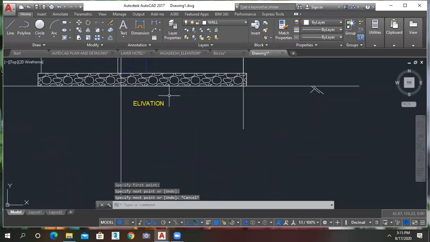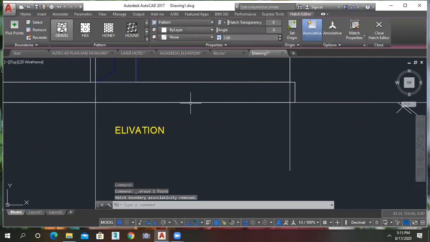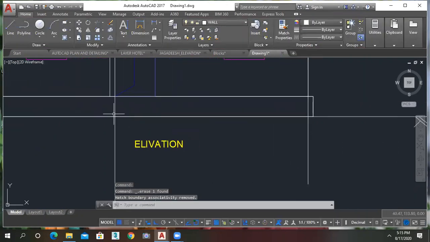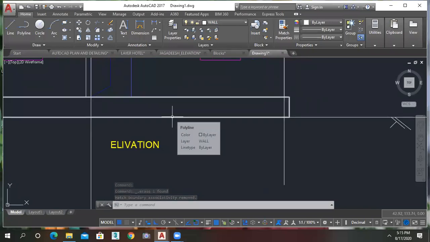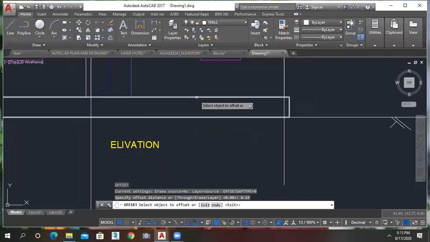Okay. So you just delete this portion and you have to show the steps. So my height is now 0.6. As we already know, what is the height of the riser? 0.15. Okay. 0.6 divided by 0.15 means we will get 4 steps. So like this, we have to create the 4 steps here.